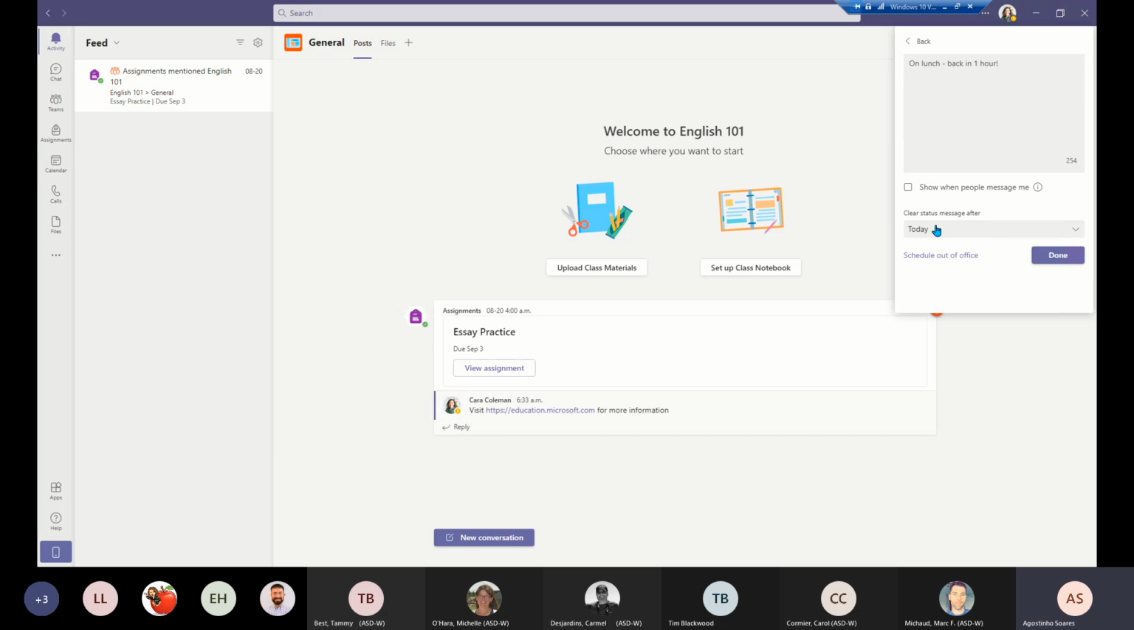You can also turn on this setting, which is clear status message after. You can set this to a couple of different increments of time. By default, it will be set to today, or you can set it to 4 hours, 1 hour, or even a custom time here. What this will do is, after whatever time you've selected, Teams will wipe this status message. So this is good if you